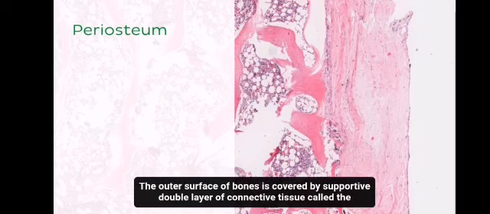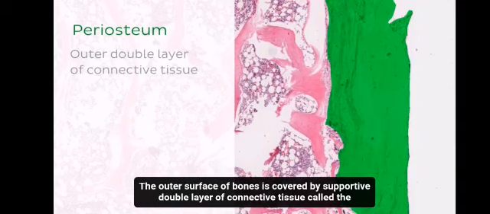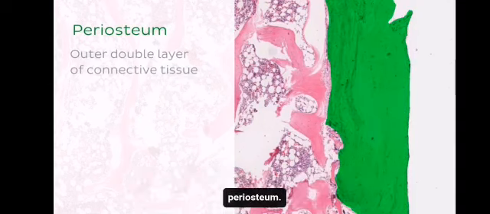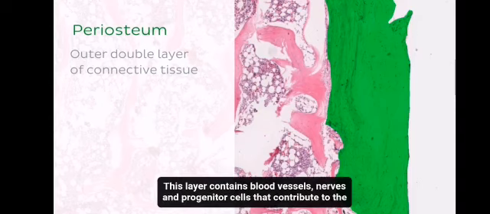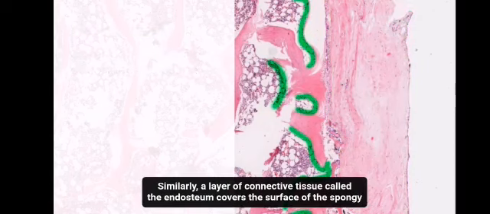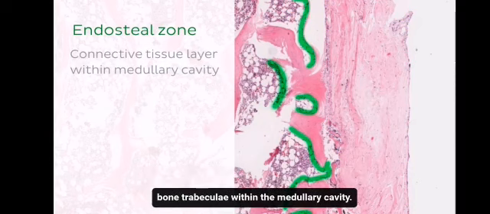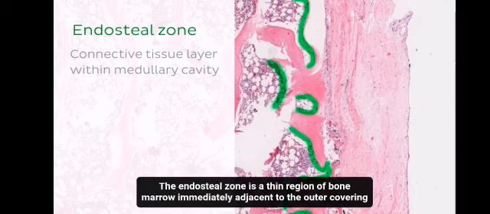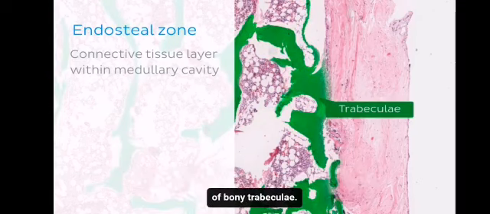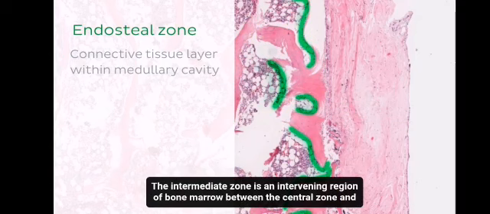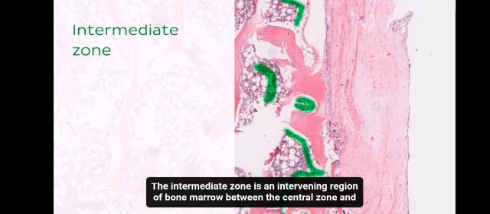The outer surface of bones is covered by a supportive double layer of connective tissue called the periosteum. This layer contains blood vessels, nerves, and progenitor cells that contribute to the growth of bones. Similarly, a layer of connective tissue called the endosteum covers the surface of the spongy bone trabeculae within the medullary cavity. The endosteal zone is a thin region of bone marrow immediately adjacent to the outer covering of bony trabeculae. The intermediate zone is an intervening region of bone marrow between the central zone